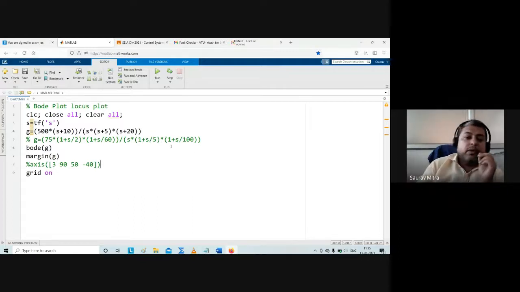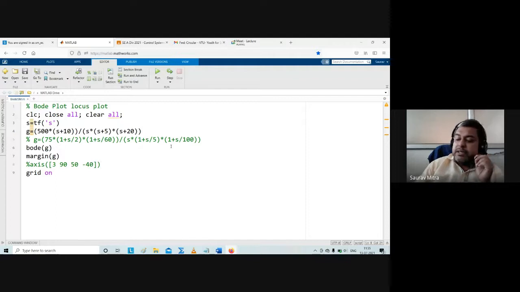And for 1 by s, it has been explained many times, but nobody is understanding. I don't know why. It is a line which is coming from minus infinity going to plus infinity. So at 0.1 the amplitude is 20. At 1, the amplitude is 0. At 10, the amplitude is minus 20. At 100, the amplitude is minus 40, and it goes on likewise. So your starting point is 34 plus 20, that is 54.